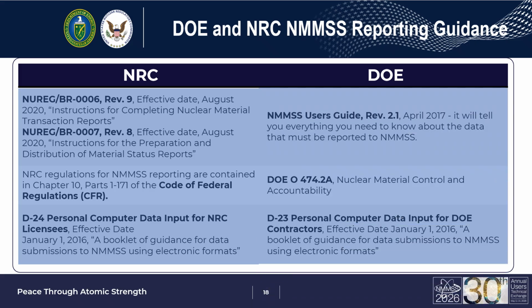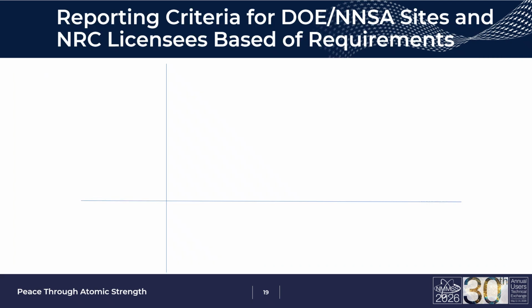DOE reporting is based on DOE Order 474.2A, Nuclear Material Control and Accountability, and the NMMS User's Guide. The NMMS User's Guide provides guidance in reporting nuclear material transaction reports, physical inventory listings, and material balance reports. The D23 provides directions for DOE and NSA facilities to electronically report to NMMS. As stated before,